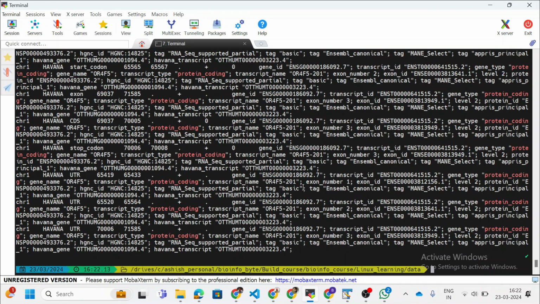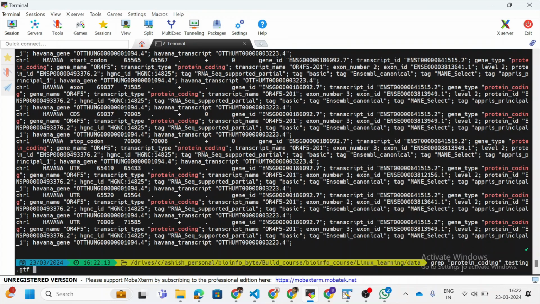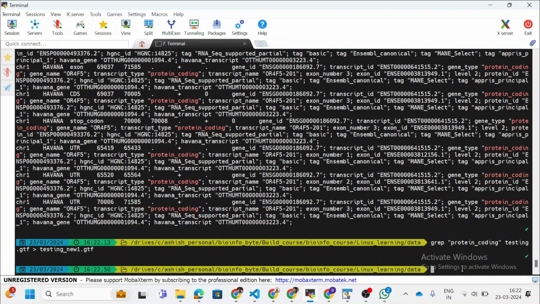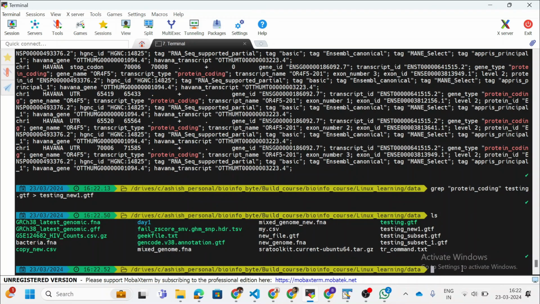So we can create a subset of this particular file. How are we going to do that? This output I want to store in a new file. Just name it testing_new_one.gtf. Now do ls.